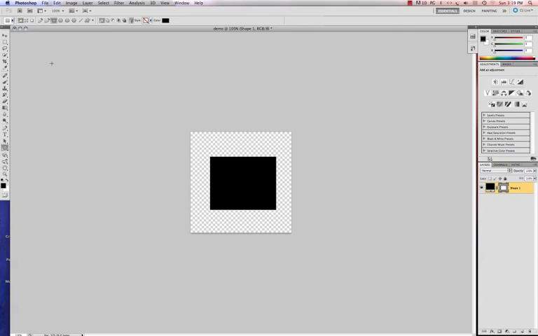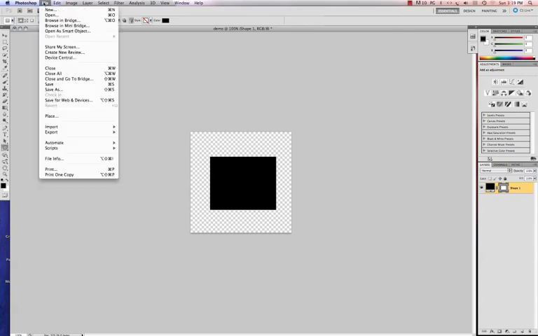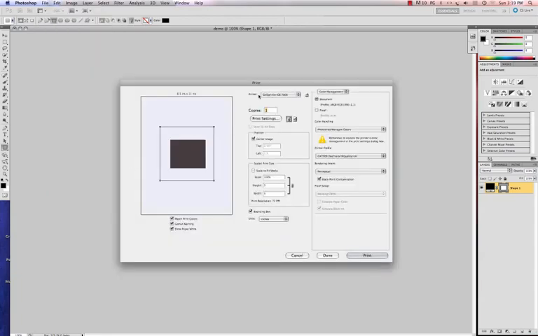Now I'm ready to go to my print menu. So I'm going to go to File, and I'm going to left click on Print, and that's going to open up my print dialog box where I can apply my profiles, choose my printer, and such as that. So the first thing I want to do is to choose my printer, and that's my Gel Sprinter GX7000 for this demonstration. Again, the color management settings that we're doing now would apply to any sublimation system, including your Epson,